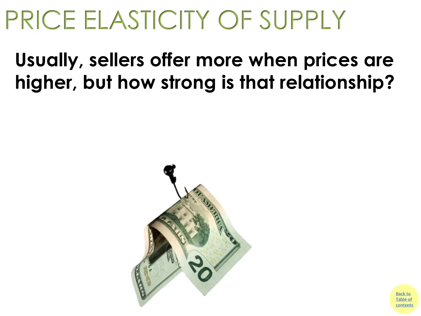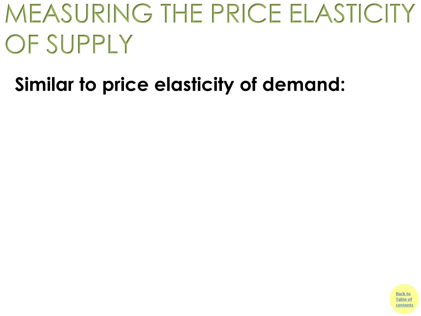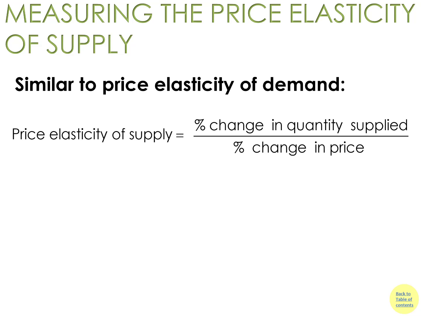So last but certainly not least, the price elasticity of supply. So usually we know that the supply curve slopes upwards. Sellers offer more when prices are higher, but how strong exactly is the relationship? So the setup is very similar to all the other elasticities. We've got price elasticity of supply being the percent change in quantity supplied this time